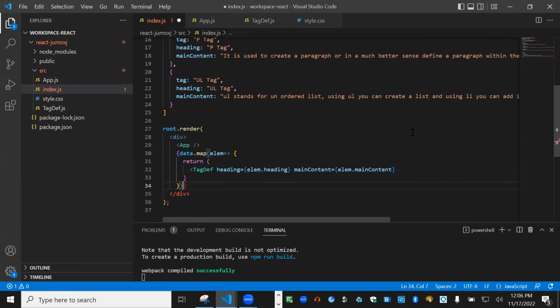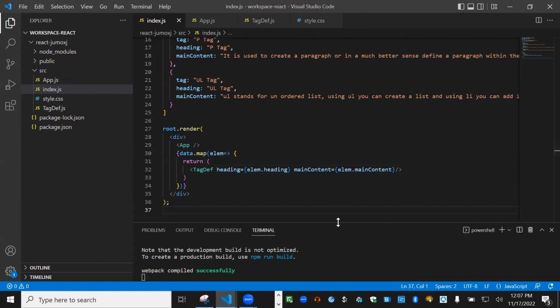It seems like we are missing something, some bracket issue. Like this one, this opens, and this one. Oh, okay. I haven't closed this one. Okay, so that's all that's required. Now let's